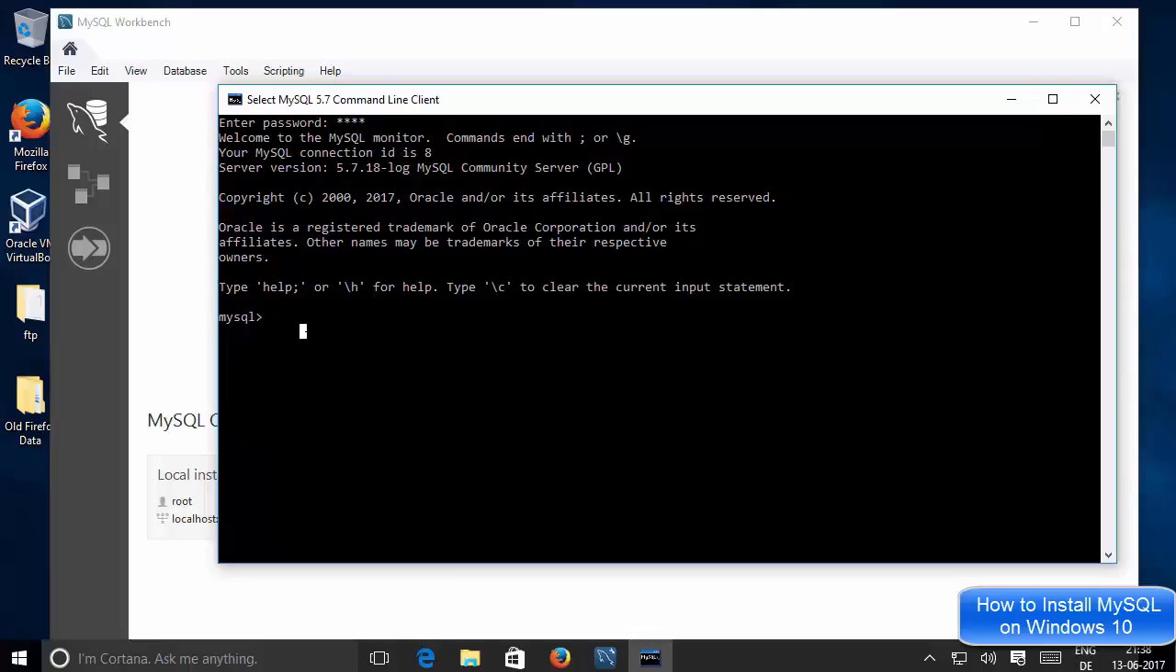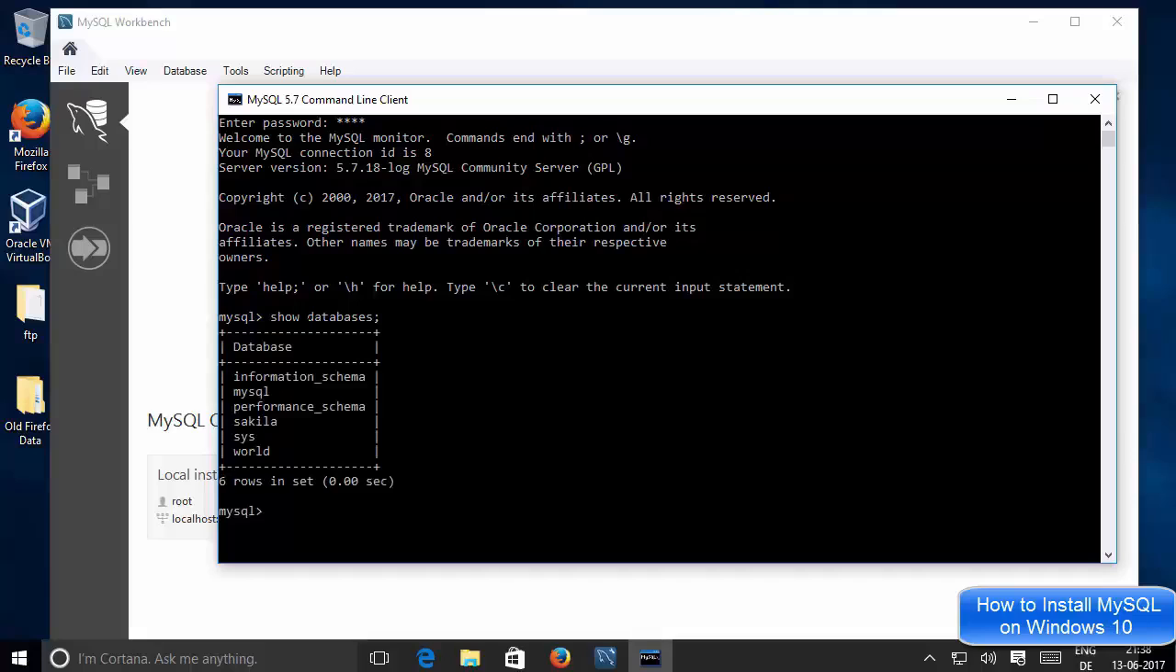So for example, when I write show databases and then semicolon and press enter, it will show me the default databases which are present in my MySQL server. So for example, I want to select some database. I will select this database called world. To select this database, I will use this command, use, and then the database name. So the database name I want to use is world here. Then the semicolon and press enter, and it says unknown database. So I think the spelling was wrong, so I just need to give world here, and you can see